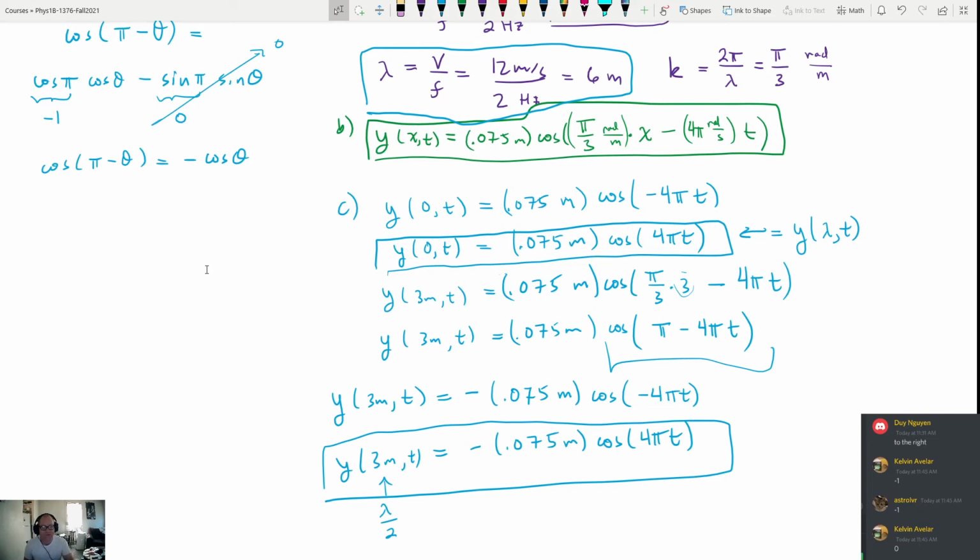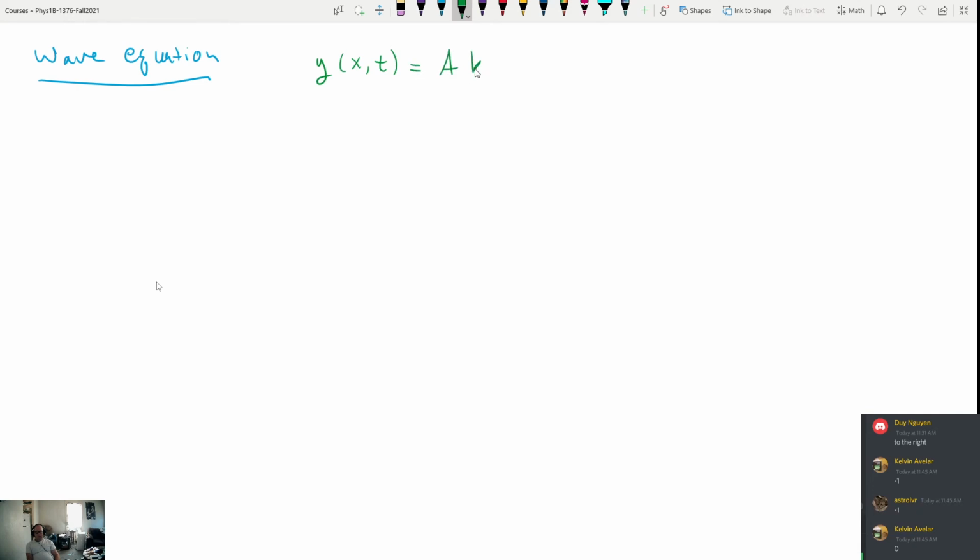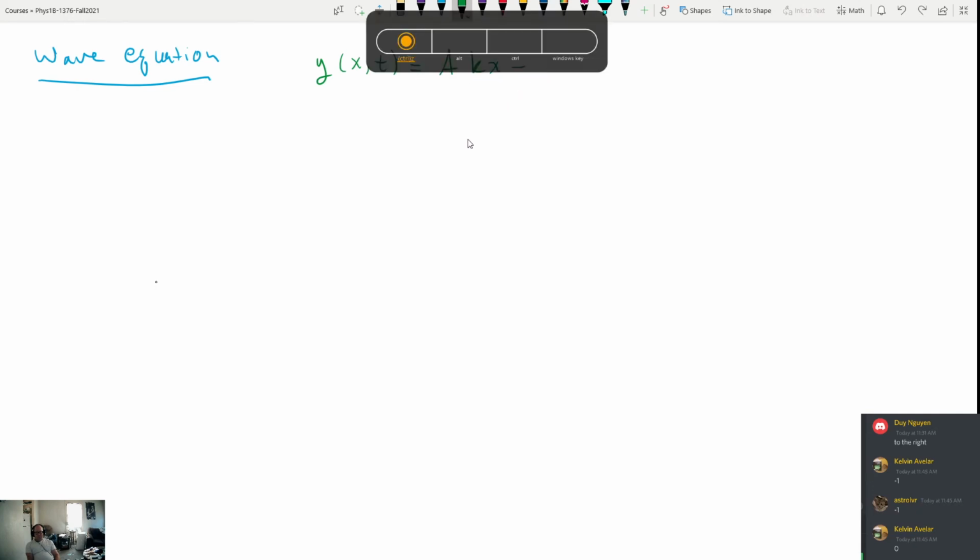Okay, so let's talk about what's called the wave equation. Probably the last thing we do today. What we want to look at now are the velocity and the acceleration of our wave. If I know that I have a wave that has a profile that is y as a function of x and t,